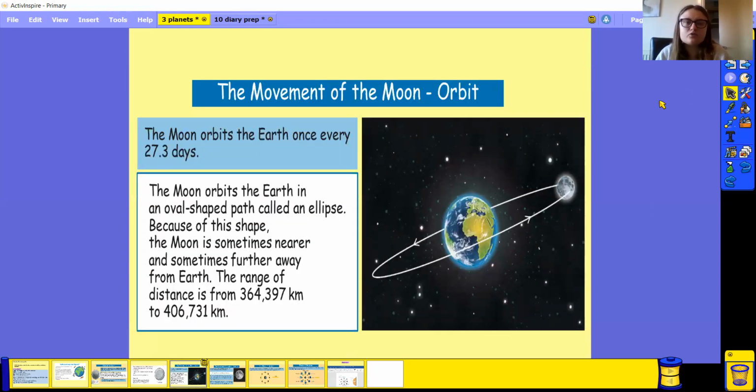Okay then, let's have a look at the movement of the moon and its orbit. The moon orbits the Earth once every 27.3 days. It orbits the Earth in an oval shape called an ellipse. Because of this shape, the moon is sometimes nearer and sometimes further away from the Earth. This is because it does an egg shape, a bit like an oval. The Earth's in the middle, and when the moon is at the side it's a bit closer, and when it's at the top and the bottom of the oval, it's further away from the Earth. The range of distance from the Earth is between 364,397 kilometres